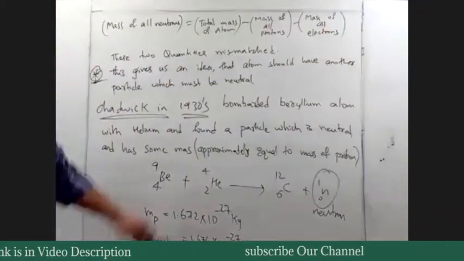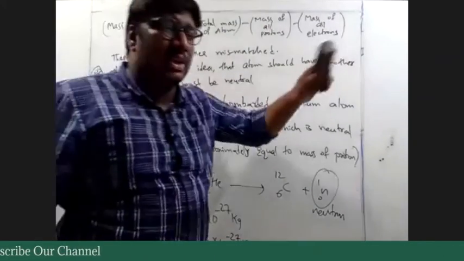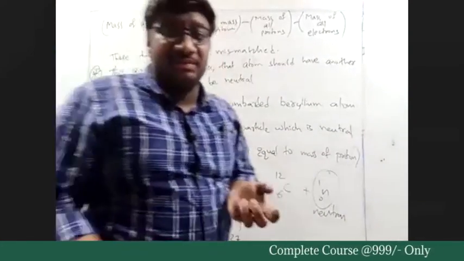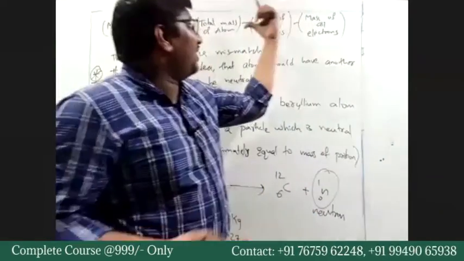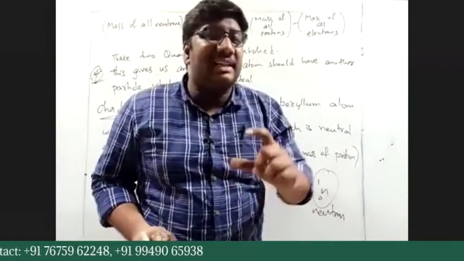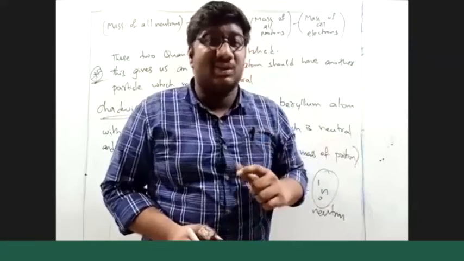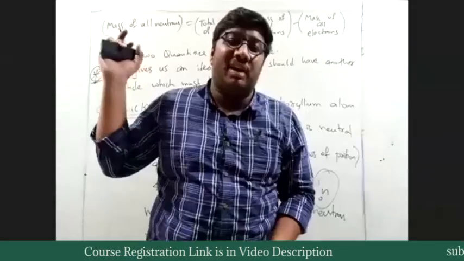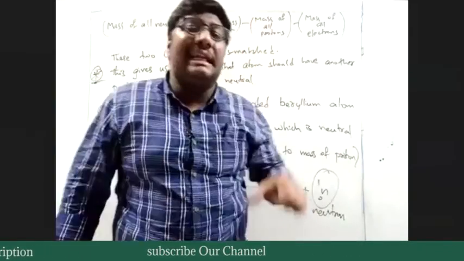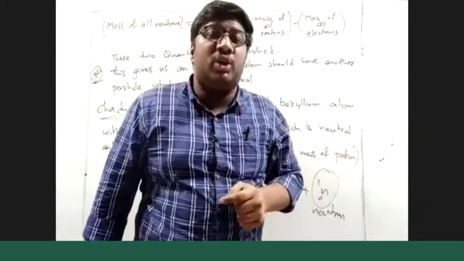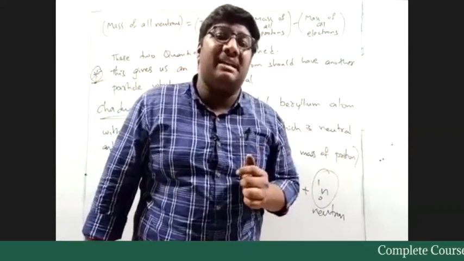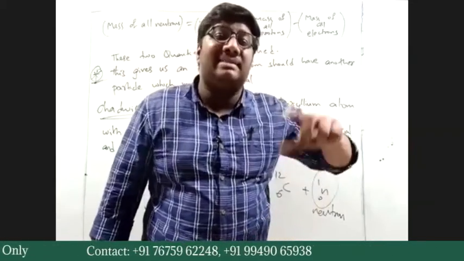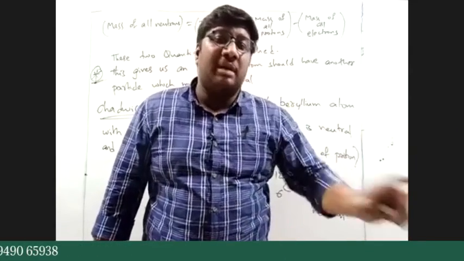But if you look at it again, you can calculate the mass of neutrons like this, no doubt in that. But if you look at this formula again, total mass of atom, how will you know that? The atom as a whole is also neutral, right? Its size is also very small. So you require some other method to at least calculate the mass of the atom. Then you can apply this formula. You cannot calculate the mass of the atom by those procedures, by applying electric and magnetic fields, because the atom as a whole is neutral again. That is why we define mass number and atomic number. So what are those numbers?